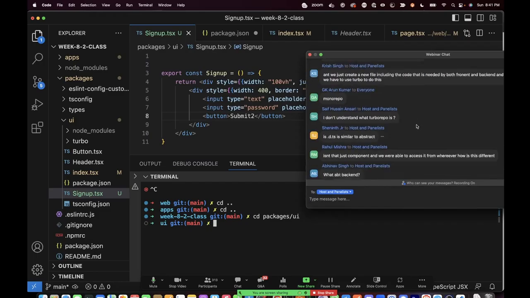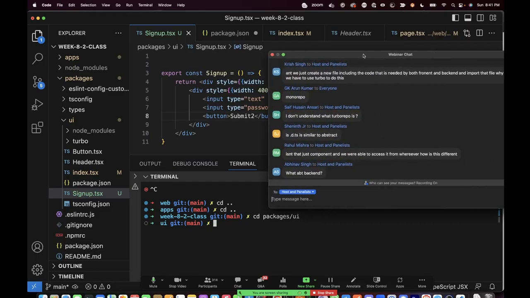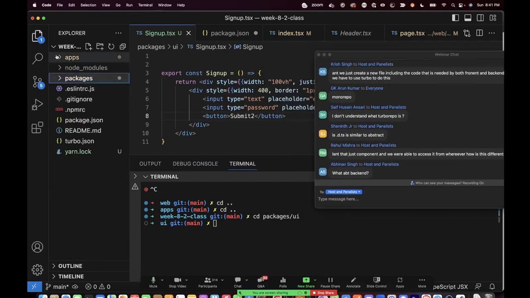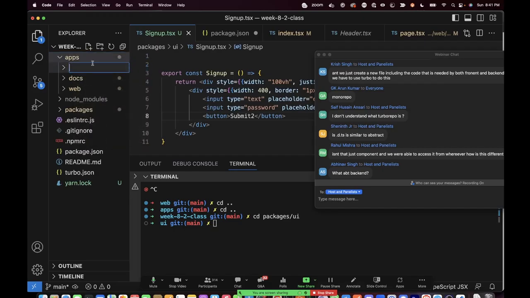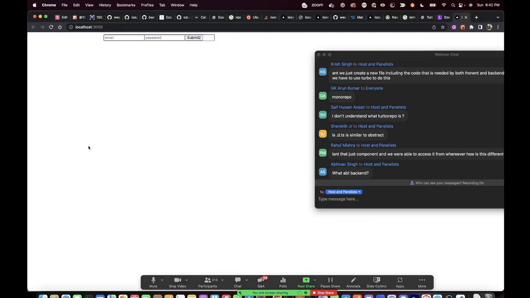Before I do that, let me just again open chat. What about backend? Exactly, good question. Usually backend is also another module here in your top level apps, because backend is also considered a high level, top level thing that you need to have, and it's not part of packages. If you go to